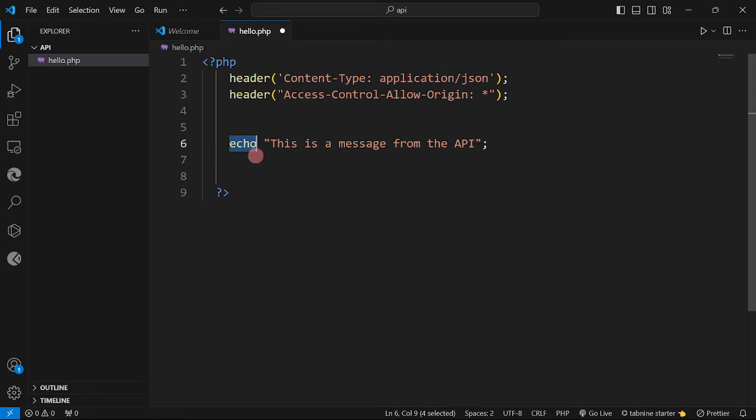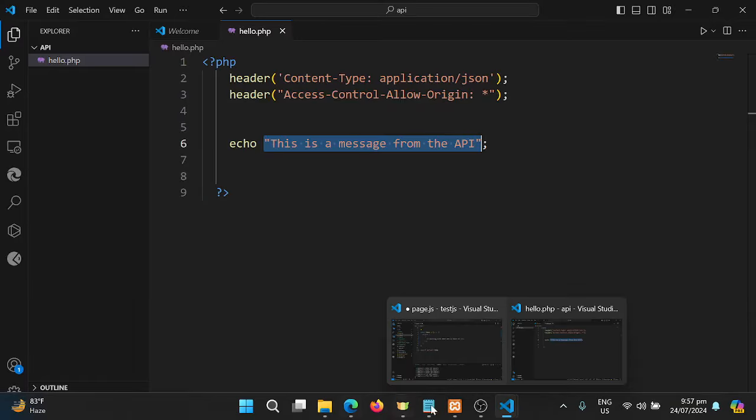This echo here is going to return this message to the calling application. Since our Next.js web app is going to call this API, our web app is going to receive this message. So I'm going to save our API, then I'm going to call